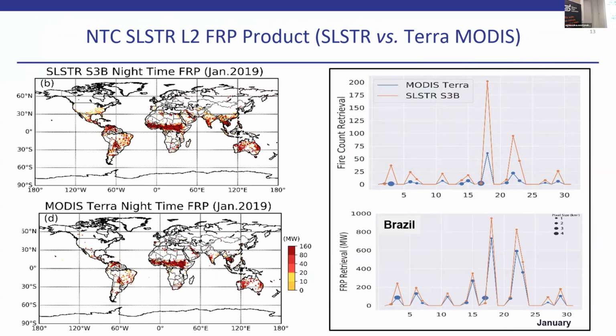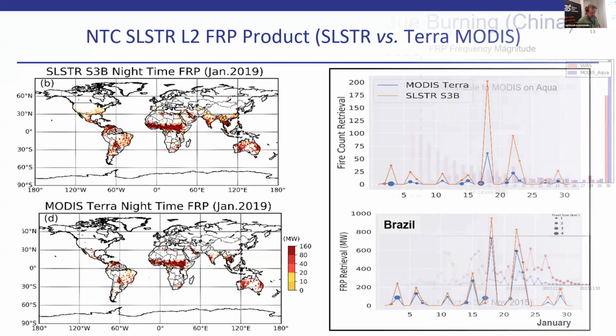But they're all of low radiative power, which means that when you add them into the total amount of radiative power detected per day, it generally does measure a little bit more, but not very much, because if you just add more small fires, it doesn't make so much of a difference. So basically, this will essentially carry on the MODIS Terra observation record. That will go on for about 24 years, and then this is going to take over. They don't exactly measure at the same time of day. It's a half hour difference, which is a slight issue because fires change quite a lot in the morning. So there has to be work done to address that.